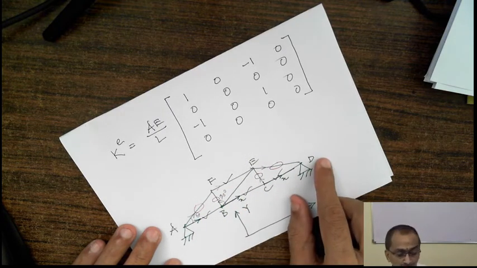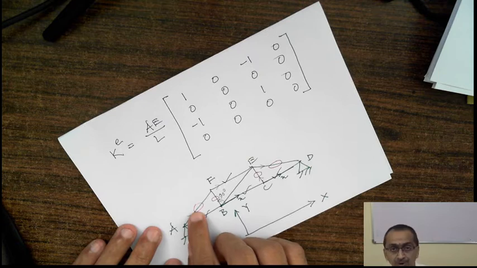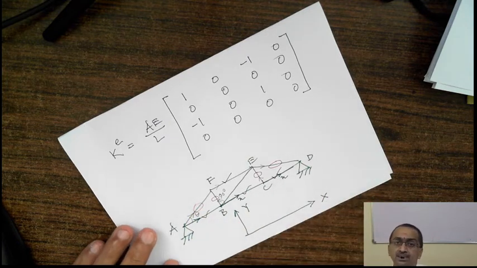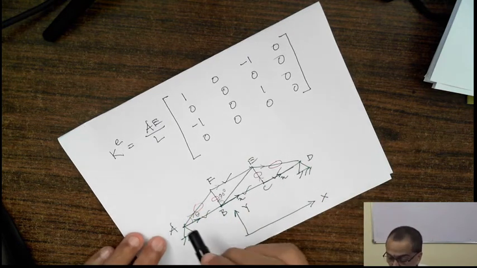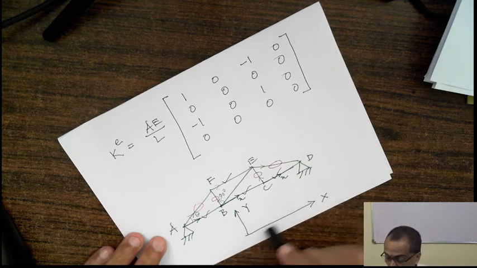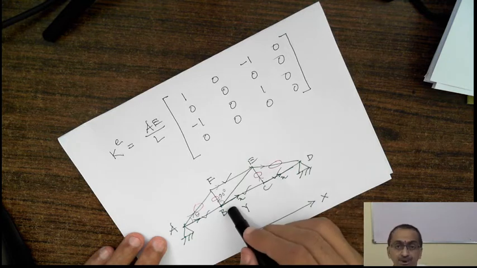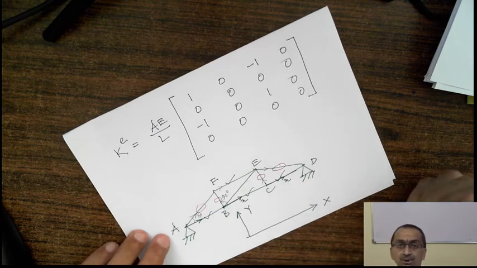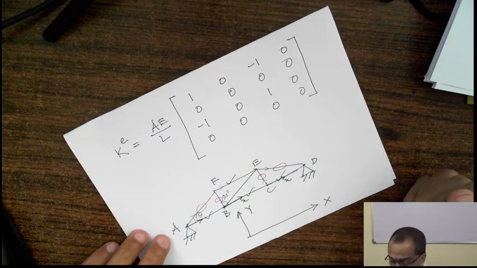To take into account how much is the inclination with respect to the x-axis, we need to write a transformation matrix. We need to bring all the members to one common platform, one common orientation. The common orientation is orientation x and orientation y, and there is a necessity of writing the transformation matrix or rotation matrix. Let us understand this concept at length by taking one simple example which we have learnt in mechanics. Our basic principles in mechanics will be involved.